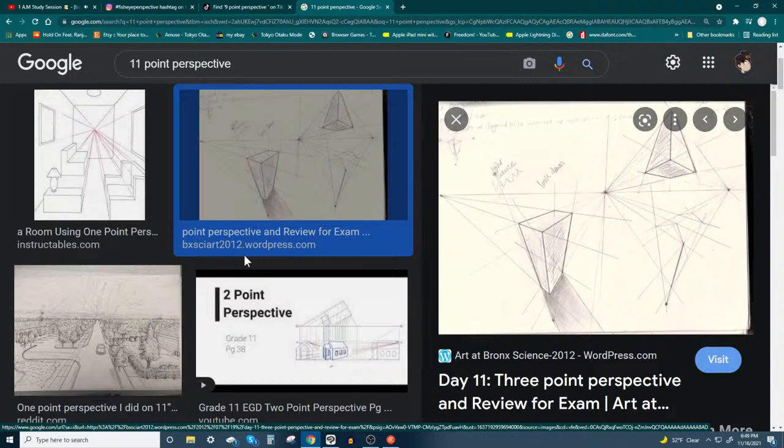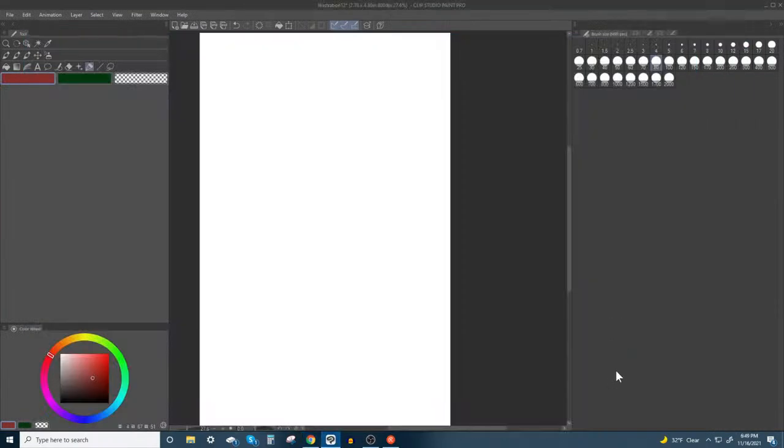Alright, so let's go back to what we were doing so we can get this out of the way. We're going to do a little bit of anatomy with this. That was the whole point of this. So I'm going to pull this over here. Okay, so